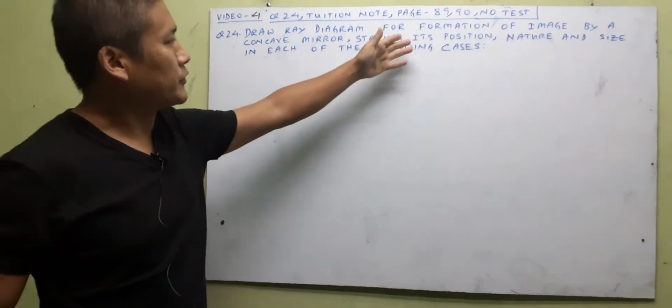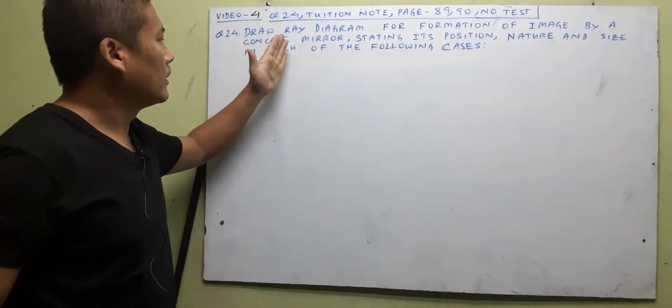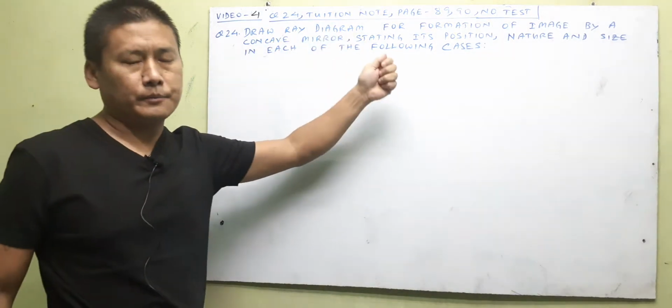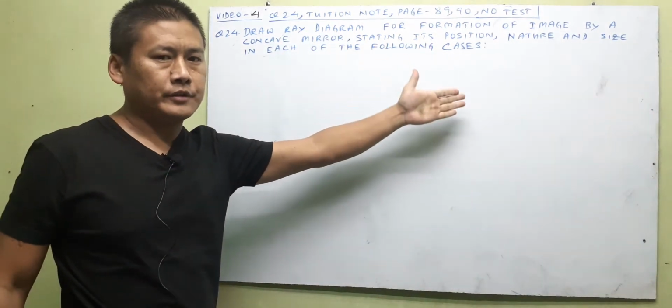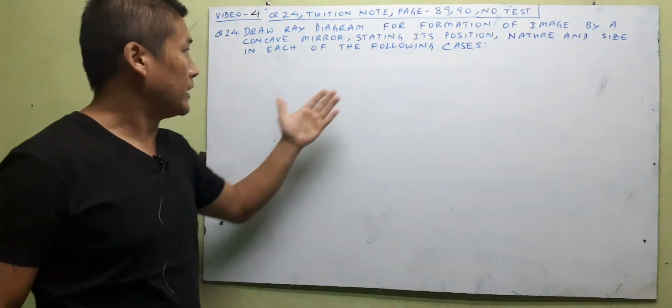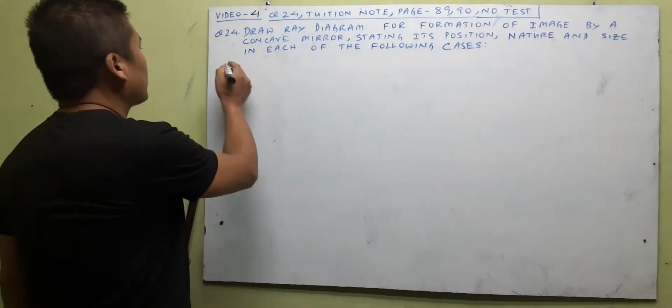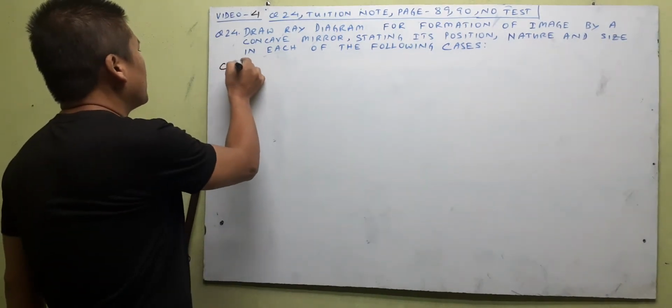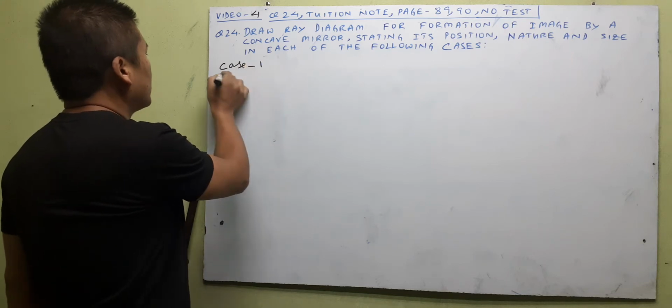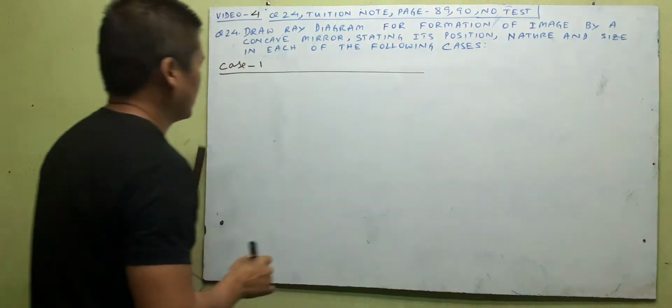Draw the ray diagrams for formation of image by a concave mirror stating the position, nature, and size of the image in each of the following cases. So let us take the case 1. Case 1 is what? Okay, you just